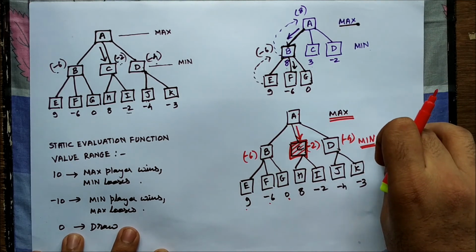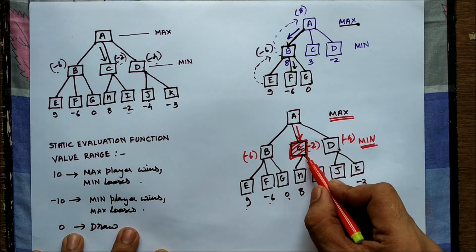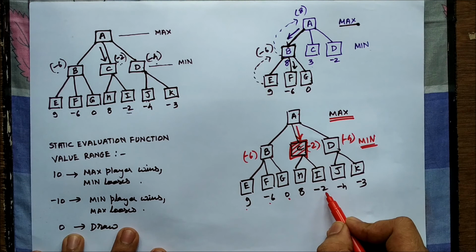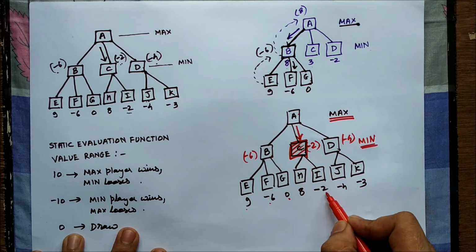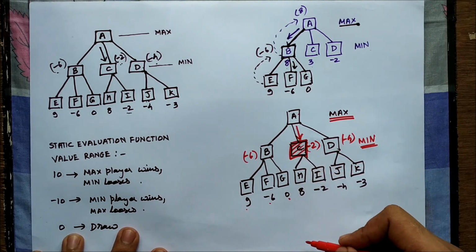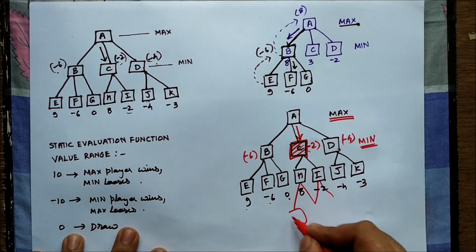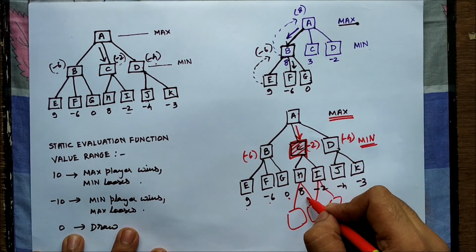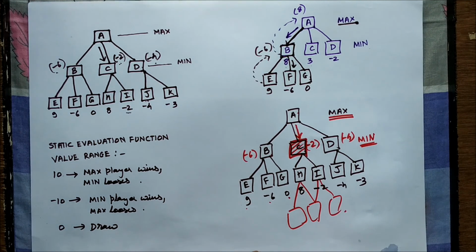Next it is the min player's turn. The min player will again start from here, but at this point it sees that there are only two nodes available, H and I. It does not directly make the judgment based on the values of H and I, that is 8 and minus 2. It again looks one step in advance, or maybe one more step, and based on that it decides which move to confirm, and so on. So this is how the min-max game is going to be played.